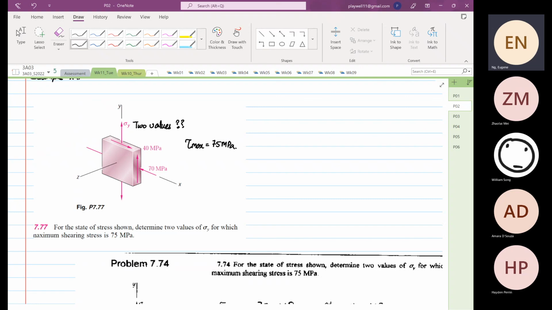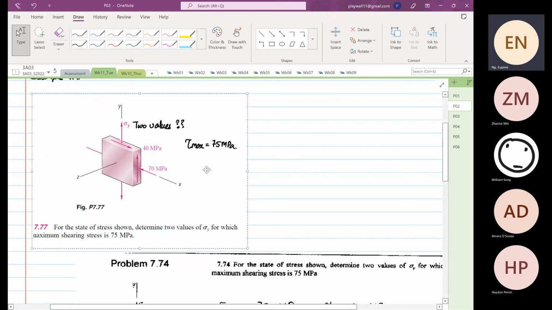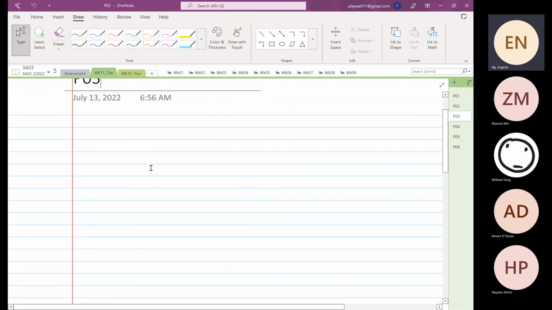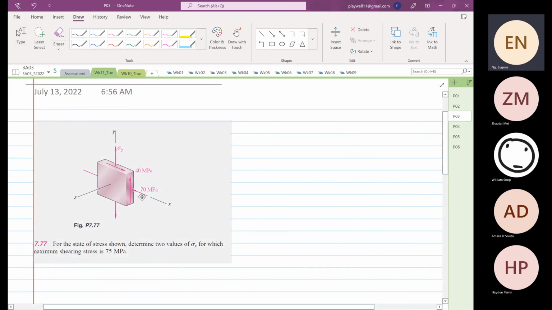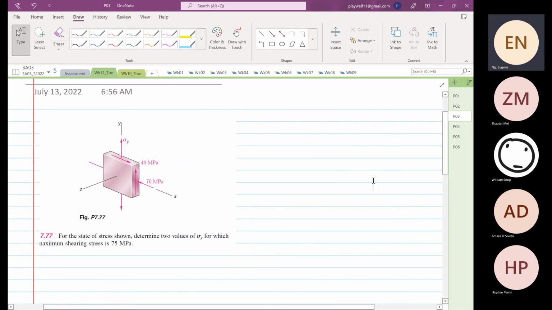So I'm going to copy this question over here, and we are going to start drawing the 3D Mohr circle. Given the information that we have, we know that stress X is equal to minus 70